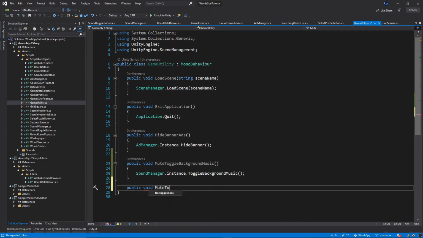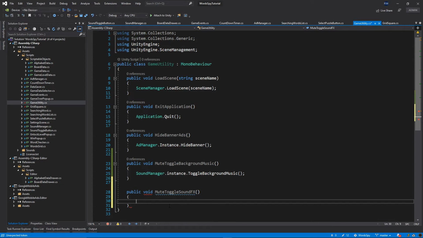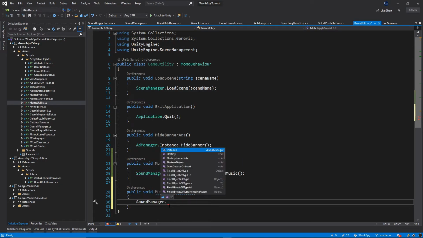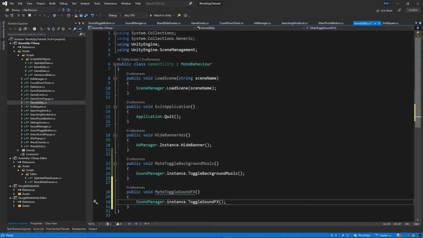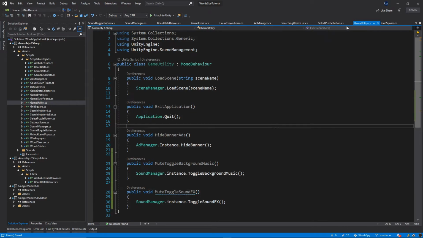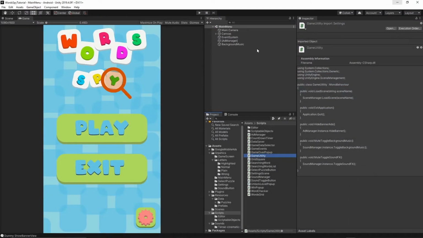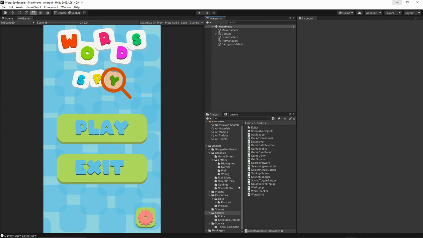mute toggle sound effects, and then we want to call the sound manager dot instance dot toggle sound effect. Okay, then let's save everything, go back to Unity, and now we actually need to go to our